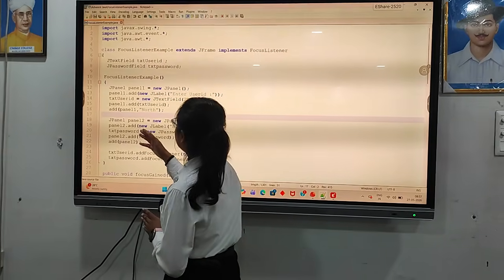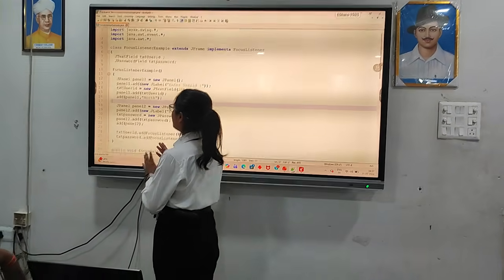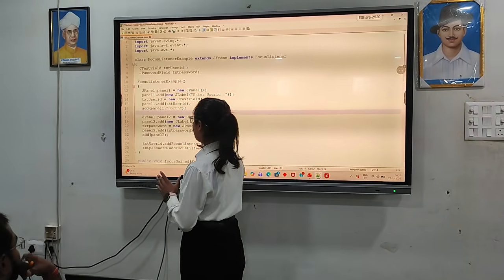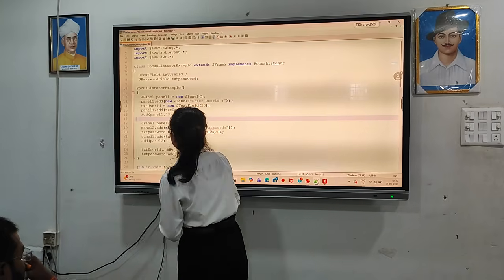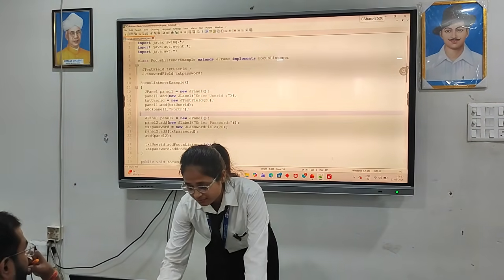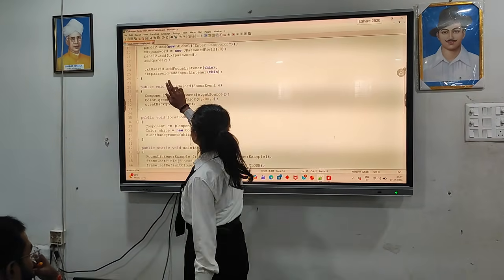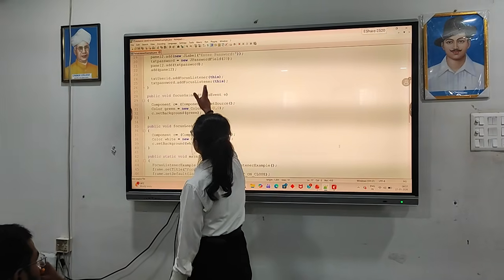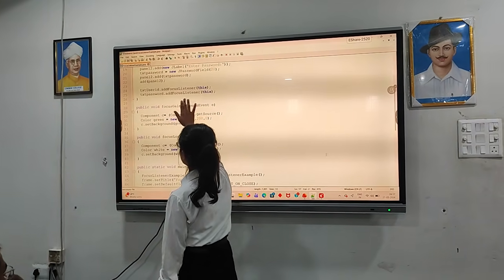Here we initialize panel2 and add a JLabel to panel2, and then txtPassword, and we added txtPassword to panel2. This is the main part where I have added the focus listener to the event sources, txtUserID and txtPassword.